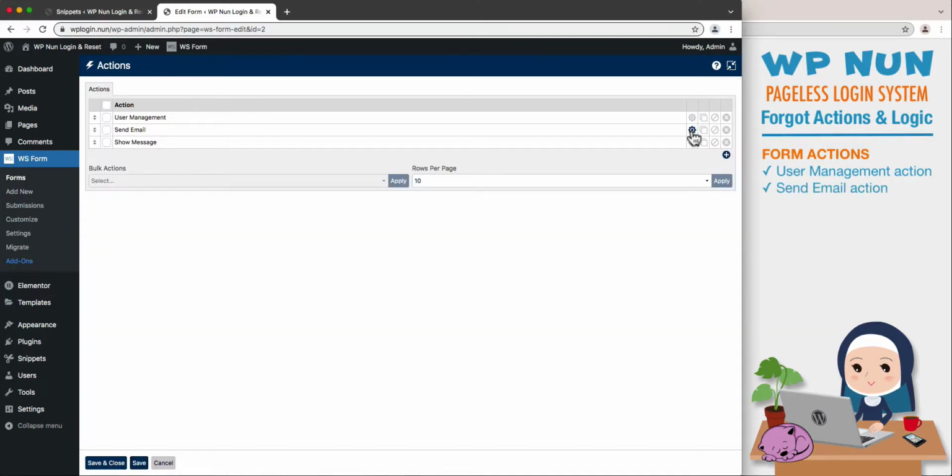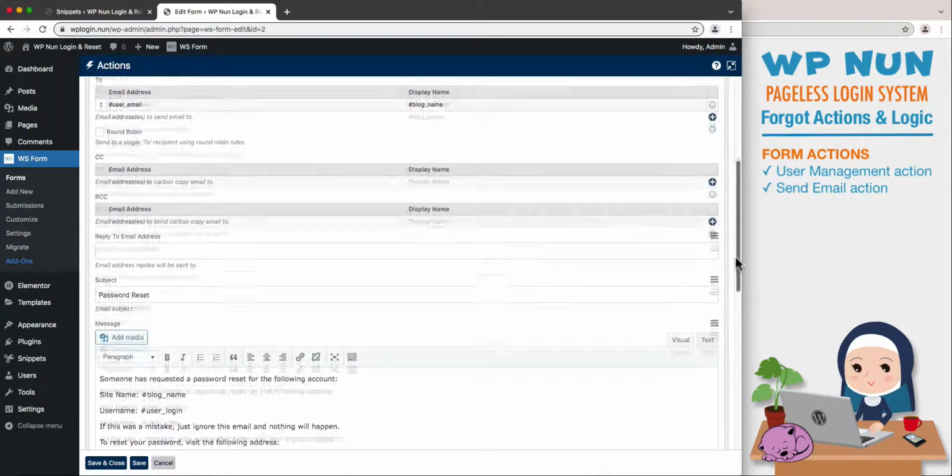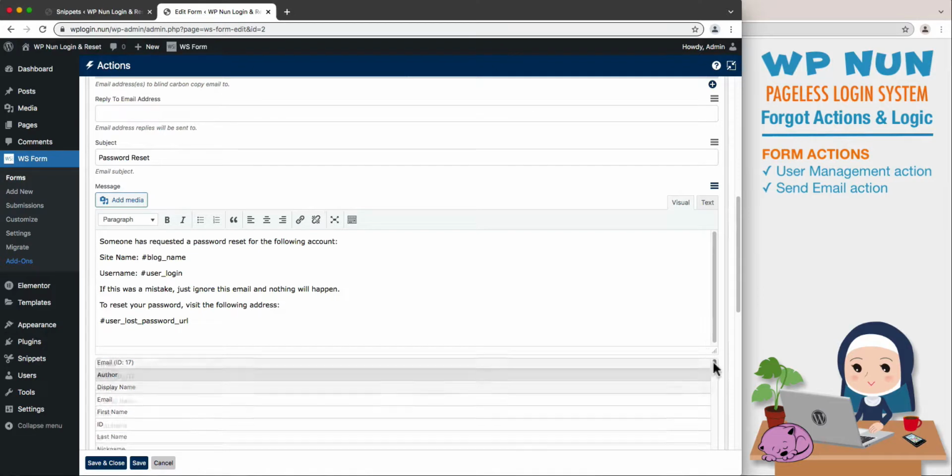Let's open and analyze the send email action. With this action, on successful submission, an email will be sent to the user, containing the short code for the password reset link, which in its current format, would take the user to the default WordPress reset page. And since we want the users to be directed to our previously created XYZ page, we need to alter the reset link shortcode. Create a new paragraph at the end of the message, and click on the burger icon on the right-hand side above the message content area.